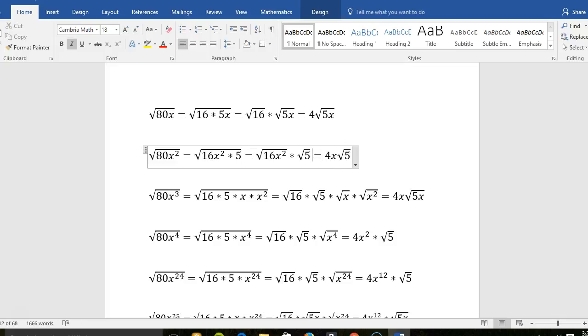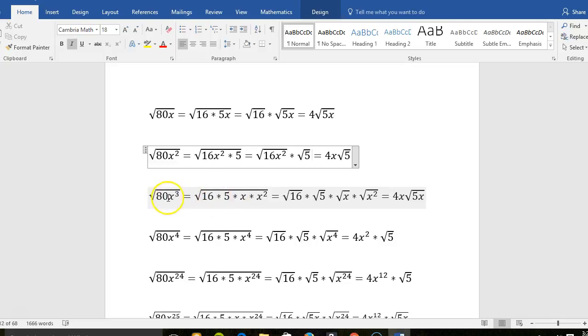So there we go. And that 16 comes out as a 4, and x squared, you divide this 2 here by this understood 2 here, and you get 1, so it's x to the 1. So it's just 4x radical 5. And for 80x cubed,